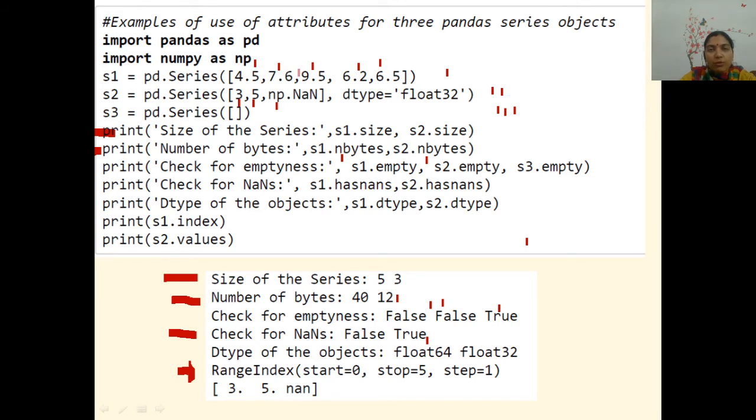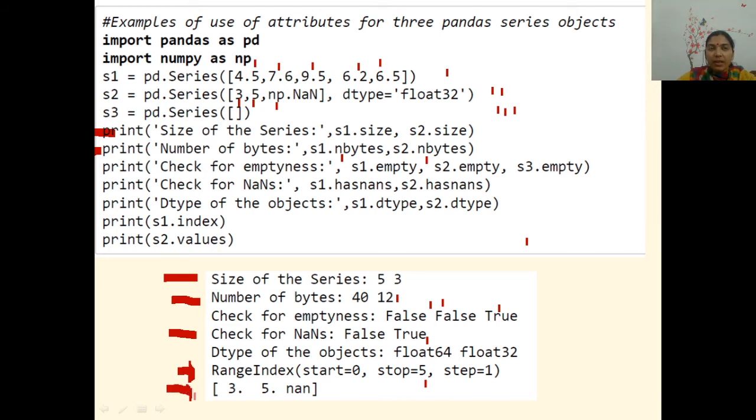Because 1, 2, 3, 4 and 5 elements are here, their index will start from 0, then 1, 2, 3 and 4. 5 values will be there. So stop value 5. 5 is always excluded. So 0, 1, 2, 3, 4. S2.values, printing the values of S2.